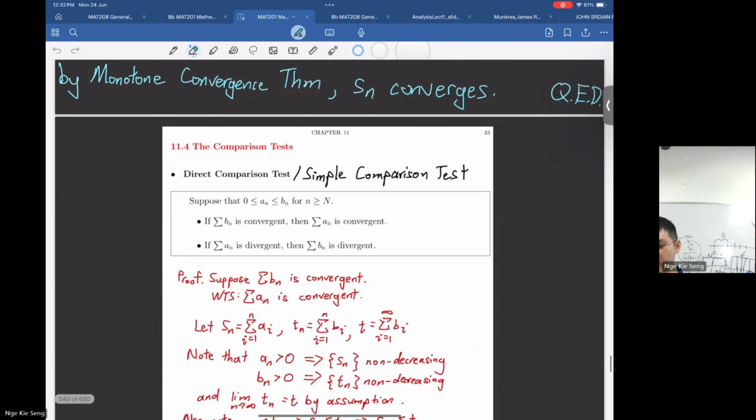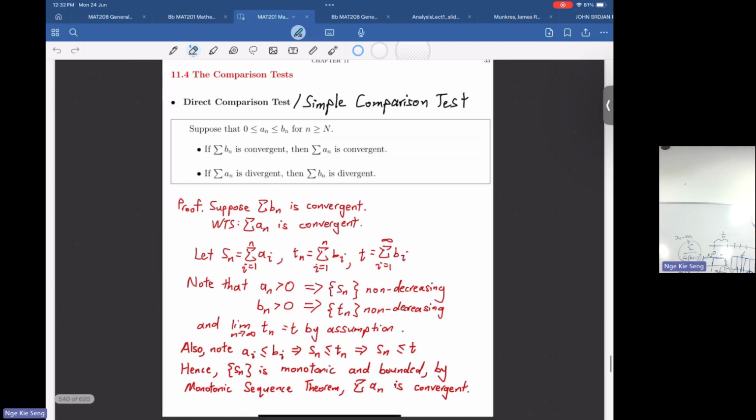Okay. So the next thing is a simple comparison test. So what is the simple comparison test? It is: if every term is positive, for the two sequences, and An is bounded above by Bn and bounded below by 0, then the series of Bn converges implies An converges. How to think about this? The higher,